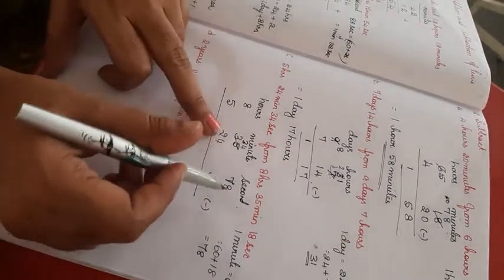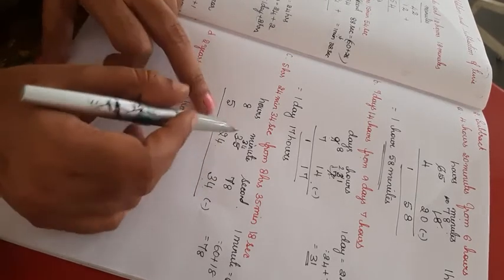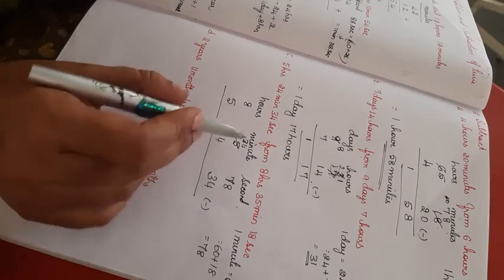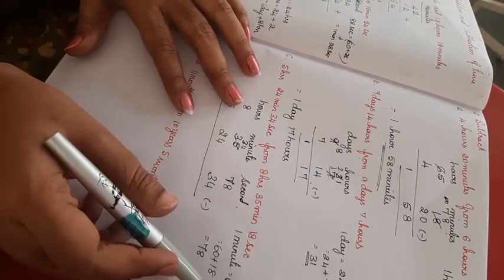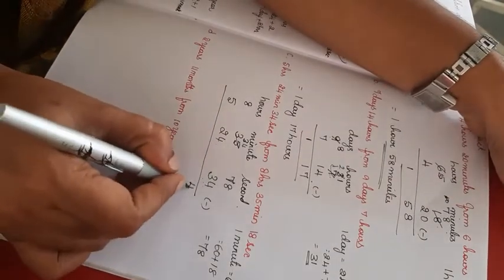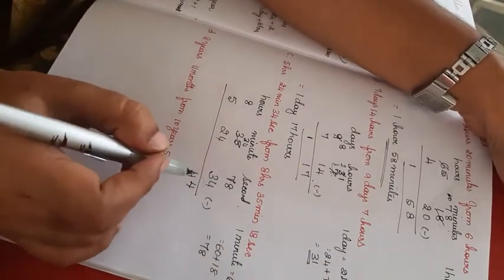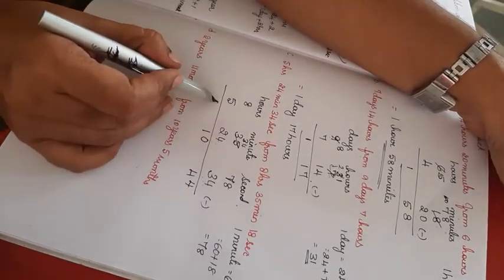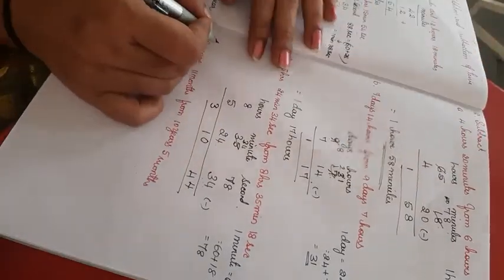How this becomes 78? I can't subtract 18 from 34. So I am taking a borrow. What I am taking a borrow? 1 minute. Clear, children? So 1 minute equals how many seconds? 60 seconds. Now 8 minus 4 is 4. 7 minus 3 is 4. 4 minus 4 0. 3 minus 2 1. 8 minus 5 is 3. So what is the answer?